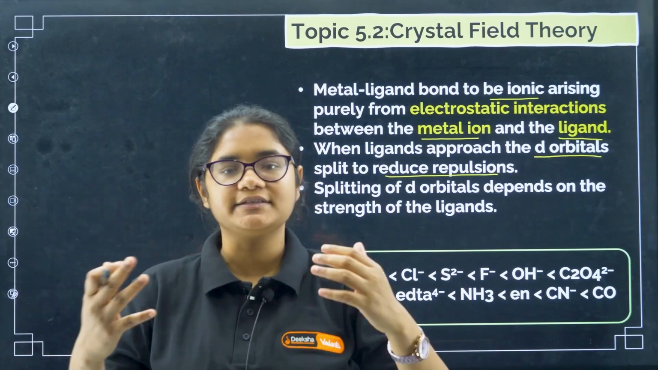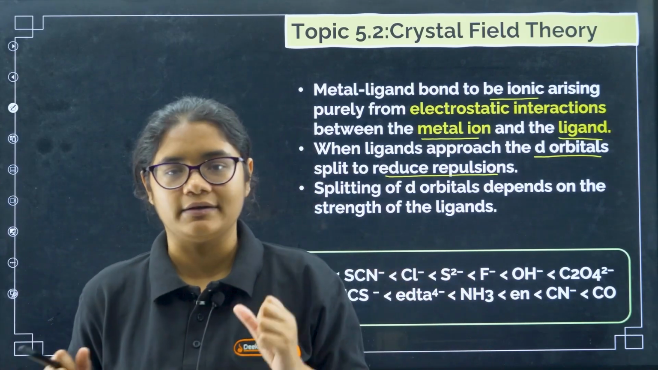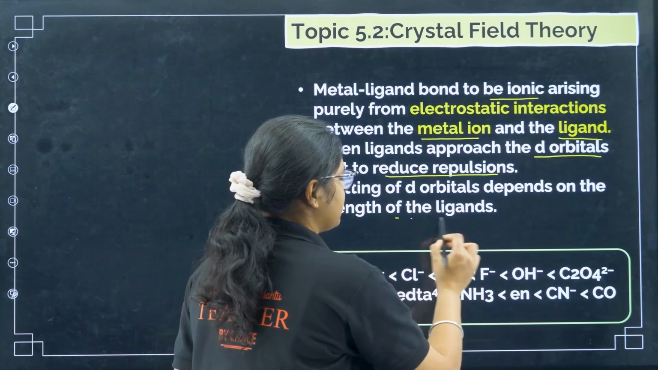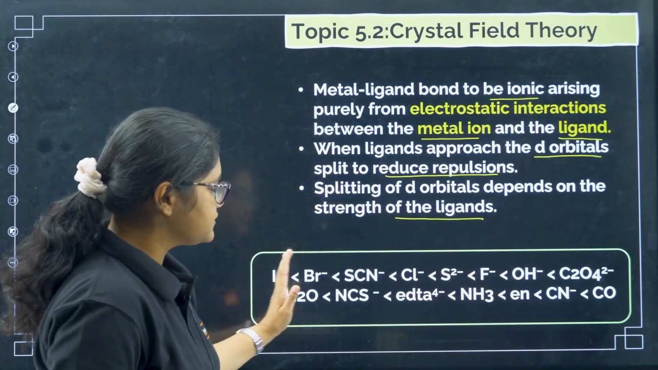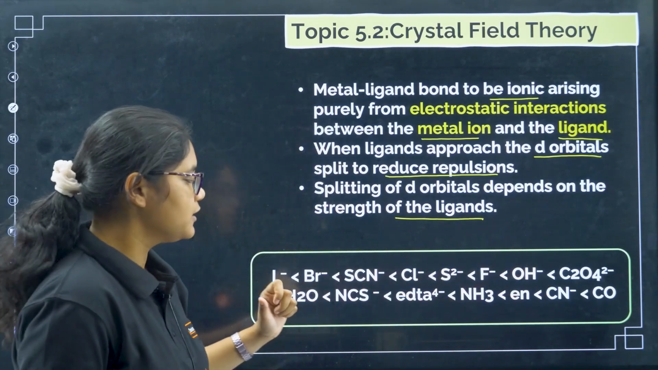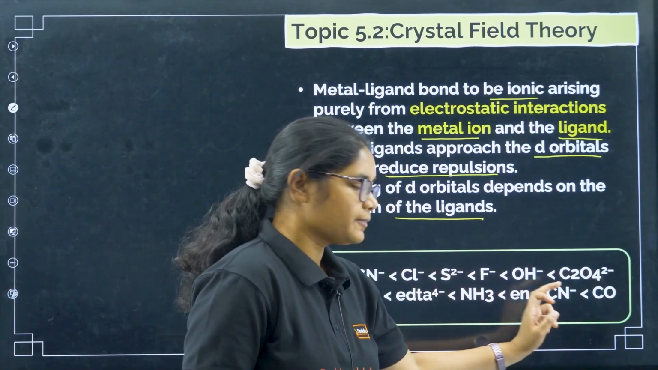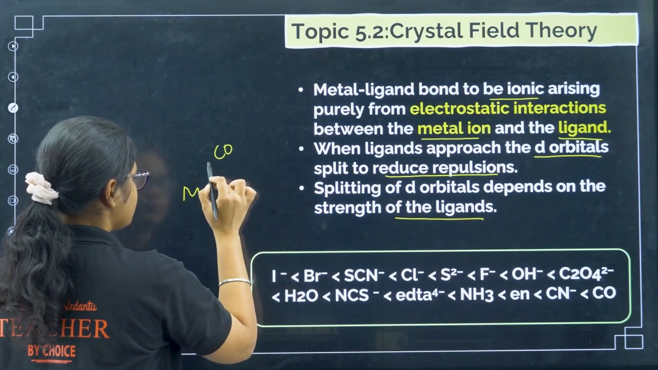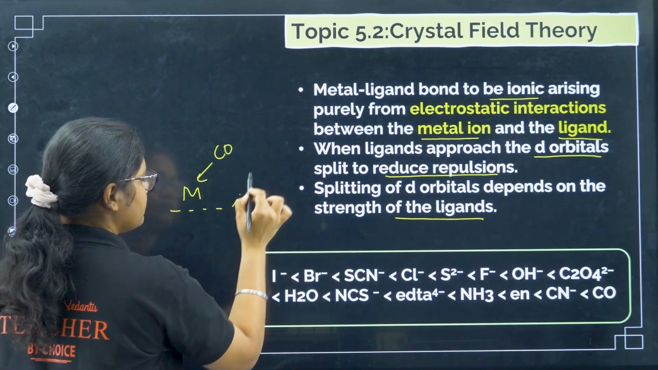How the splitting takes place depends on whether the geometry is octahedral or tetrahedral. The splitting of the d orbitals depends on the strength of the ligands. So what is the strength of the ligand? It means CO is the strongest ligand. If a metal is there and CO approaches the metal, then the metal d orbital will split